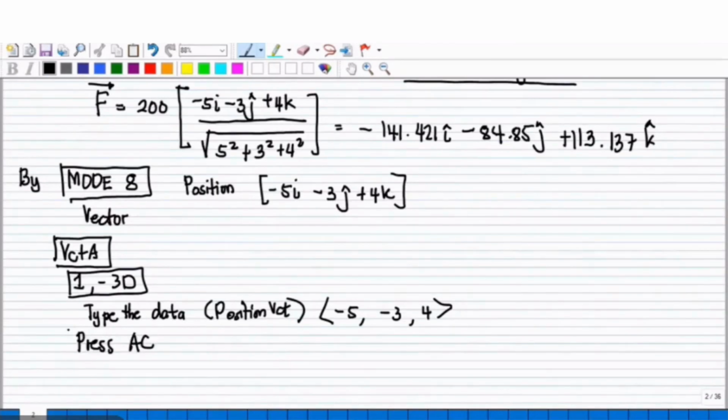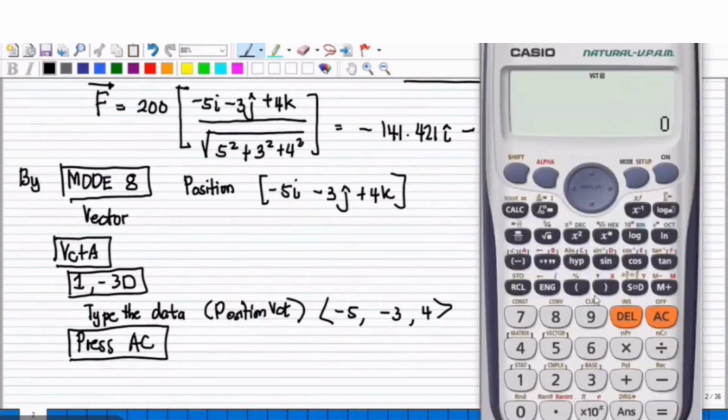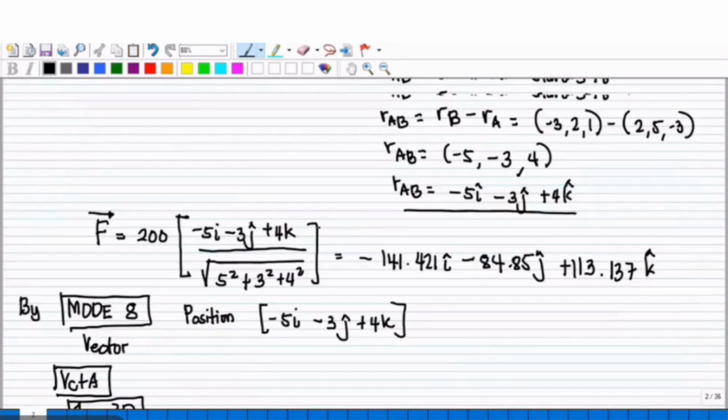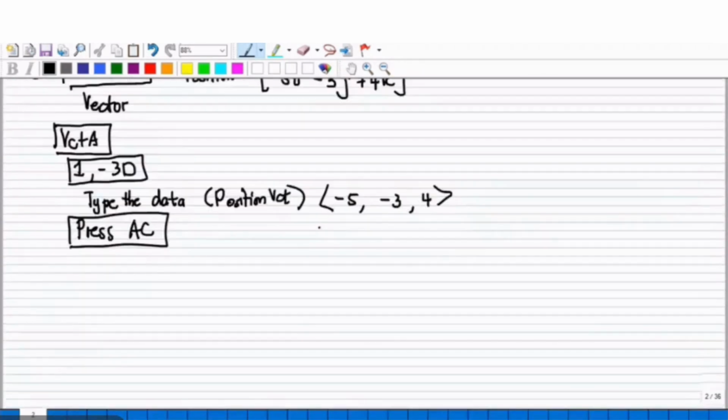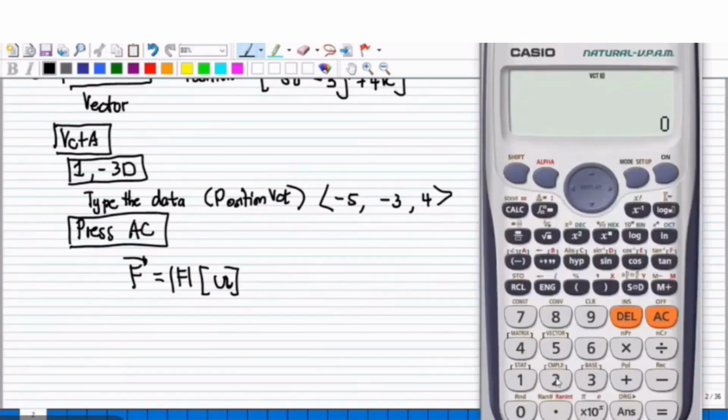Para makagawa tayo ng operation. Okay, press lang natin yung AC. Then, after which, ang gusto natin is force times the unit vector. Okay, so force or magnitude of the force multiplied by the unit vector U. So ito, ano lang po natin, so this is 200 multiplied by